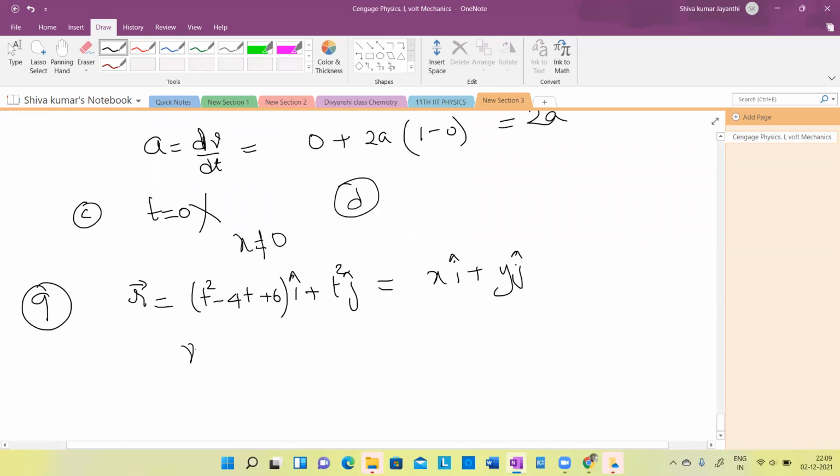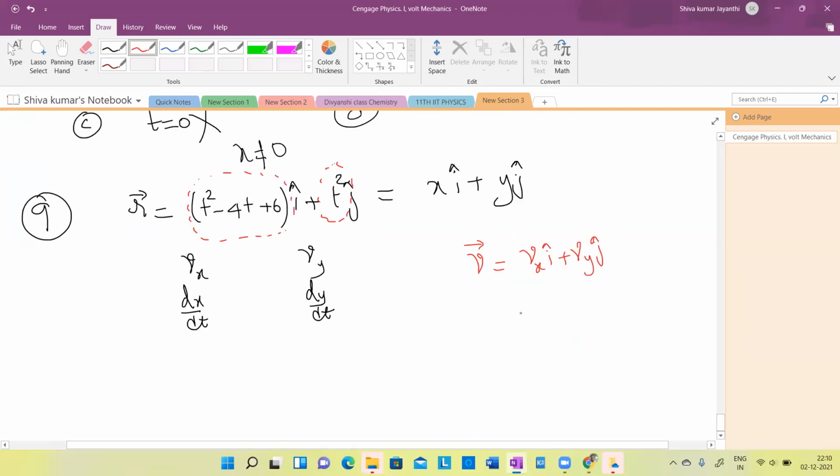What we have to find out is Vx and Vy. What is Vx, children? dx by dt. What is Vy? dy by dt. Is it or not? So you differentiate this with respect to time and you will get Vx. If you differentiate this, you will get Vy. Then you will get a velocity vector, no? Velocity vector V bar will be Vx i cap plus Vy j cap.